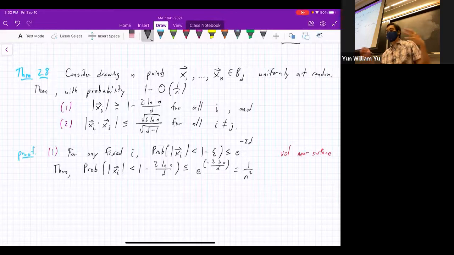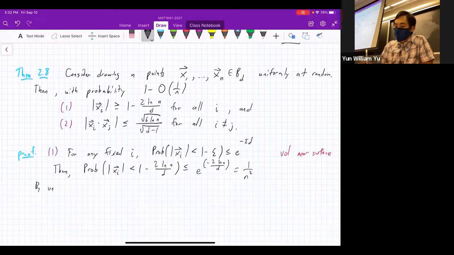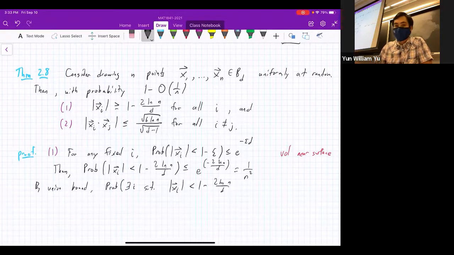Now you'll notice that I chose epsilon very carefully. What did I choose it to do? I chose epsilon so that when I use a union bound, it precisely becomes just 1 over n. For those of you who don't recall, the union bound basically says that the chance of any of the events happening can't be higher than all the individual probabilities summed together. So this says that the probability that there exists some i such that the norm of x_i is less than 1 minus 2 log n over d